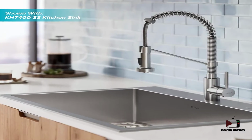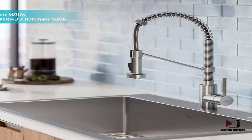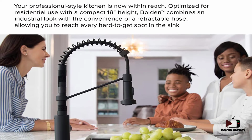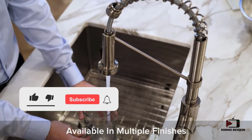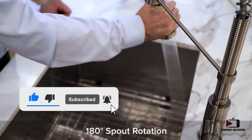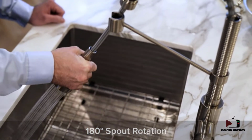One downside is that it doesn't include a deck plate, so you're somewhat limited to single-hole installation. But because the single handle operates with a 90-degree forward rotation, it is great for small spaces. Cleaning is easy too. The soft silicone nozzles are really easy to clean. Simply wipe them clean with your finger or a cloth. You don't have to worry about mineral or limescale buildup blocking the flow, making this a great choice for hard